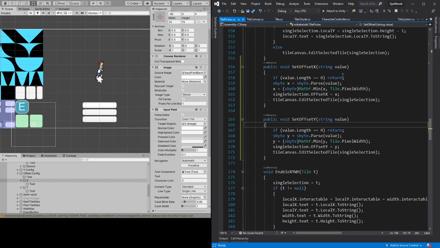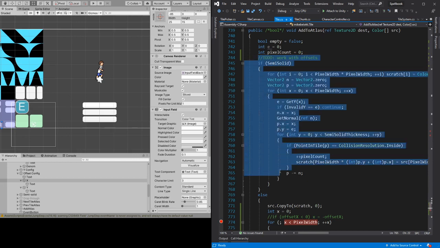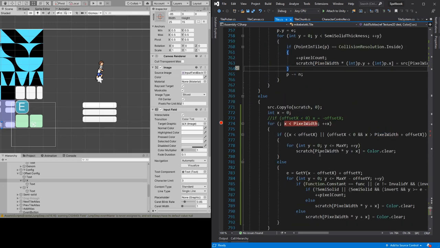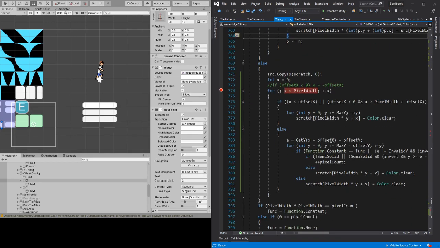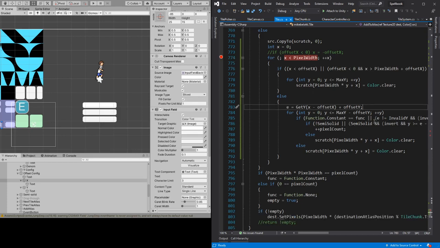All right. So that takes in the Y offset. It will eventually make its way down to here. Yeah, we're not caring about the semi-solids yet. So basically, the Y that you're getting,